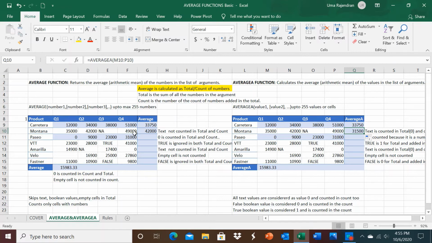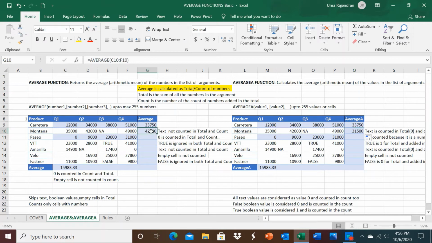In AVERAGE, text is totally ignored for the total and for the count, while in AVERAGEA the value 0 is added to the total and the count is 4, so the average is different.